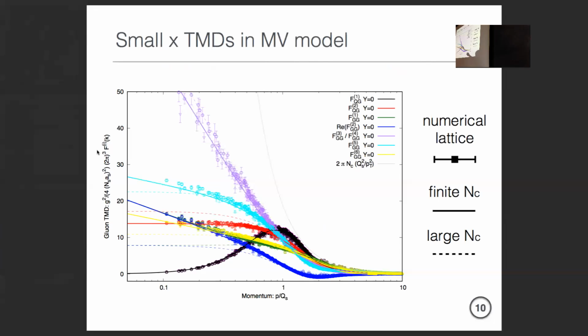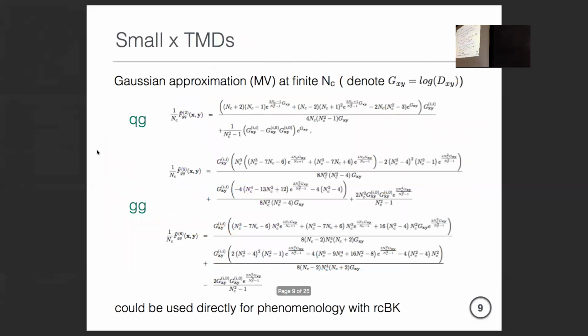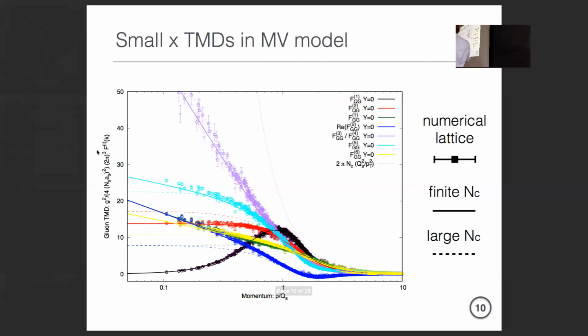So you do see quite a difference here somehow. For momenta smaller than QS, it seems to me there is some kind of logarithmic enhancement in some of these things, which the large NC seems to miss. If it was a constant, then you take the Fourier transform. It's like the T matrix at saturation is 1, but if you calculate the distribution, it grows like a log. So I think it is the same thing. One could probably go back and look at this expression and see where exactly this comes from.